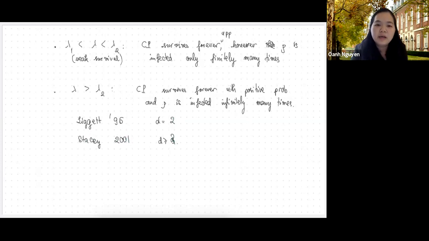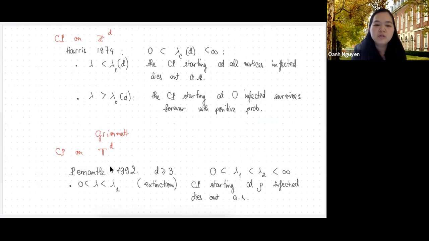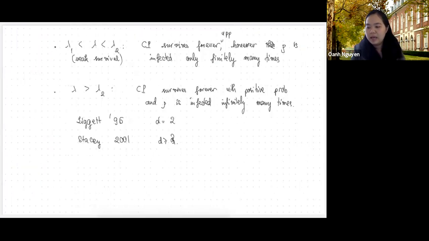Now, if we look at both these results, they rely on one important property: that the degrees are regular. So everyone in Z^d and in T_d has the same degree, and that is an important feature for this work. And moving on to the case when